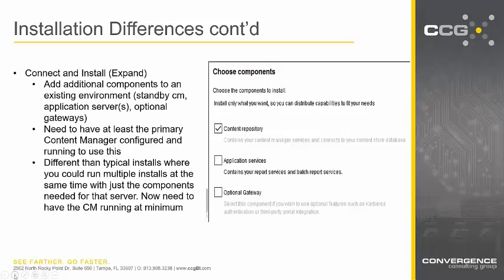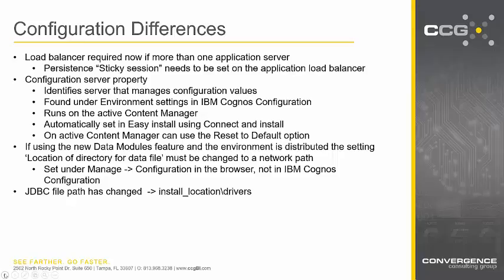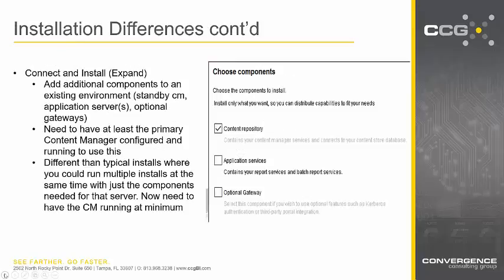However, you need to have your primary content manager configured and actually running when you do this, because the next piece is that it's going to ask you, what are you actually connecting to? At that point, you have to put in your URL and an appropriate administrator ID and password to connect to it